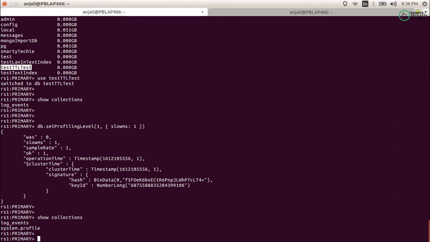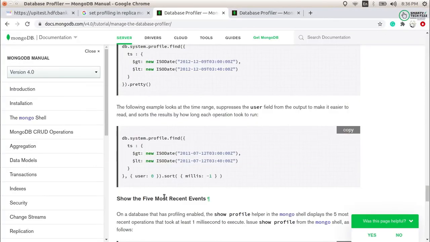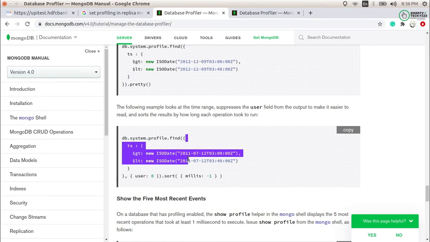So if you know that something is going differently, or something is degrading the performance of any database, you can enable the profiling level on the database and check it out. By using this, you will be able to get the slow queries even when they are not in the logs. You can get the slow queries in the database and query them according to yourself. There are several queries that have been defined here.